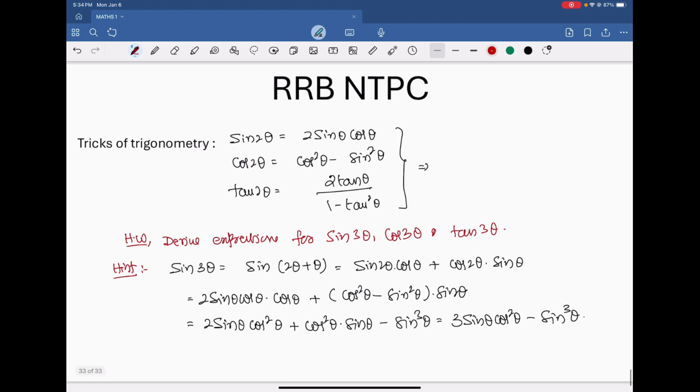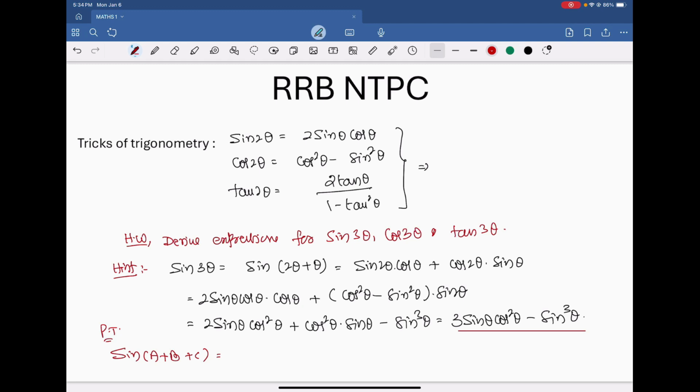These are all derivations we can do for anything. Sin 4 theta you can find, sin 5 theta you can find, sin 10 theta you can find. That means you can expand this knowledge to cos also, multiple thetas, and tan also, tan 2 theta, tan 3 theta. For sin theta, it is sin(A plus B) we have used. For example, there are three angles, sin(A plus B plus C). That equation can be written as sin(A plus B plus C) is equal to sin A